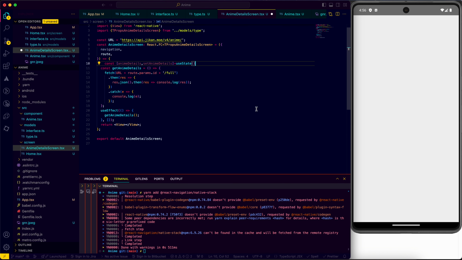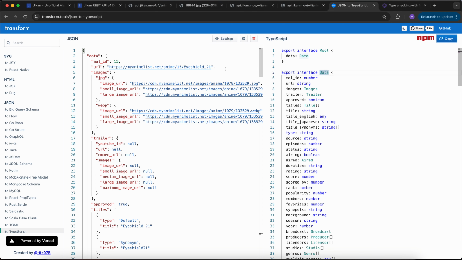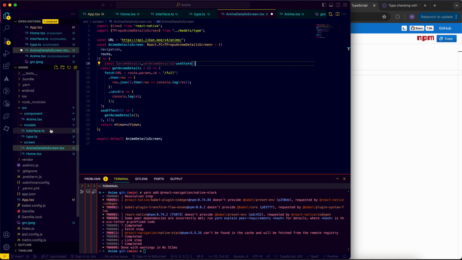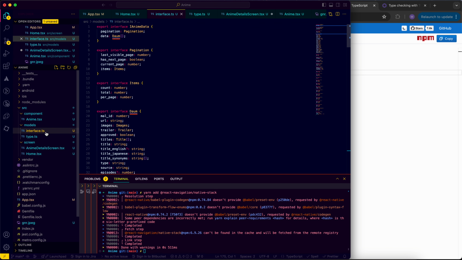and we'll keep it as it is. In the previous video we also saw that when we tried to convert the anime details response from JSON to a TypeScript interface, we were getting some errors. The reason was there are some duplicates, and the agenda of this video is to learn rather than figuring out what is duplicate. So for the sake of simplicity, I'll create a new interface